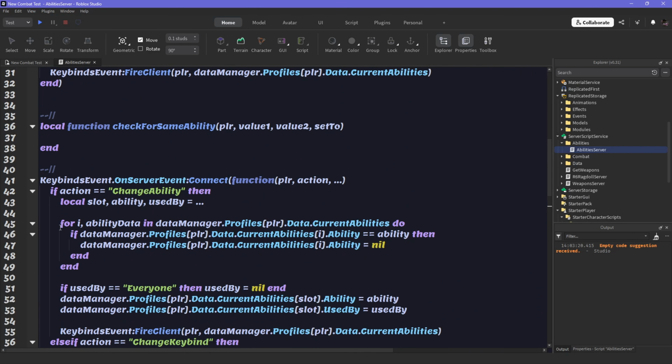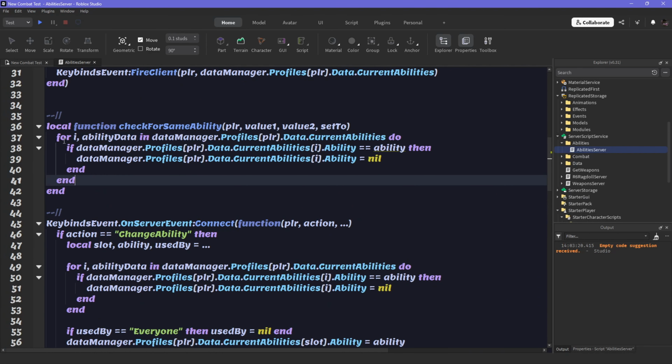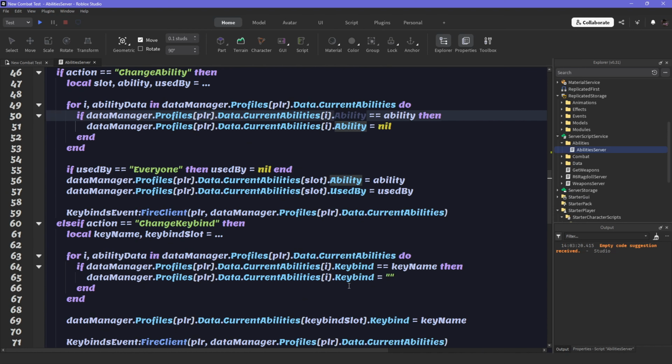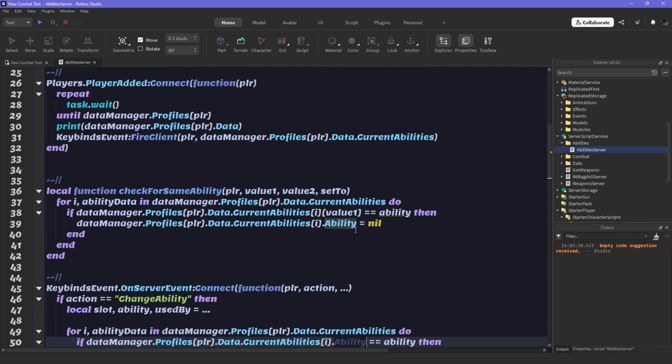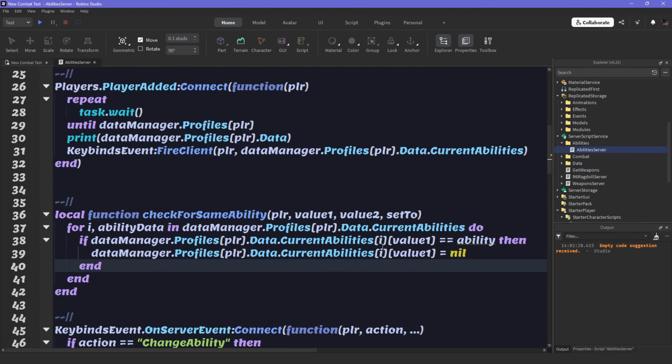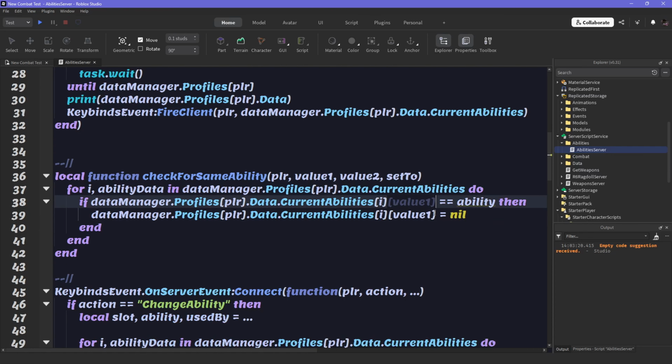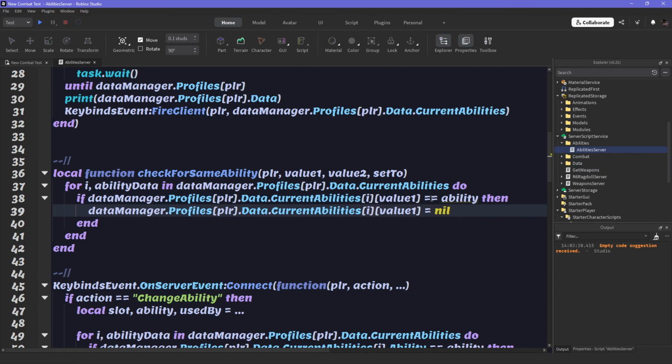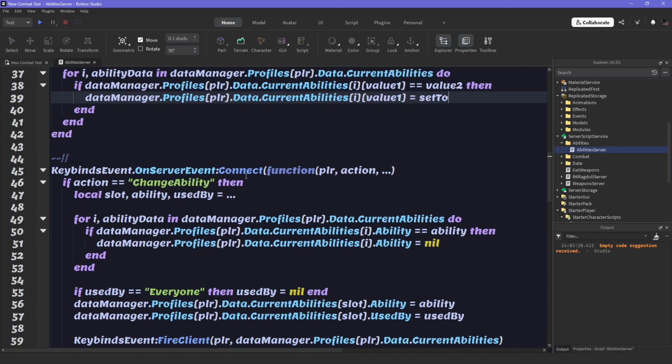Okay, then let's copy one of those, place them into here, and then we can replace this with, oh no, not this, I meant this. The I can stay, but this, the dot ability, because here it's dot ability and here it's dot keybind. So replace this with the brackets and value inside of it. And then replace ability with value 2, and then replace nil with set 2. And now we can just